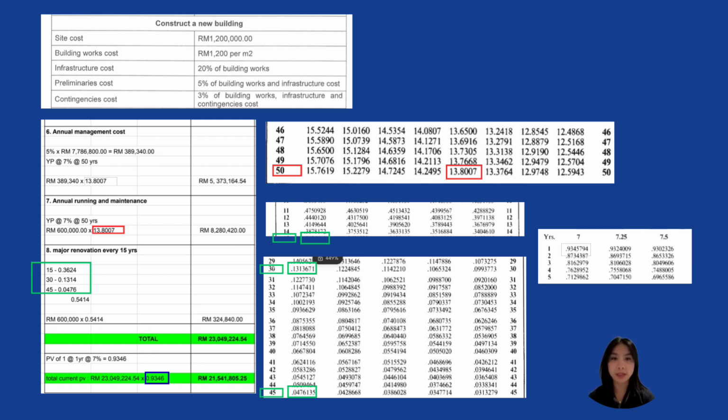Besides construction costs, we also include operating costs throughout the building's economic life. The annual management cost is 5% of the construction cost, which equals 389,340 per year. The economic life is 50 years, so using the years purchase factor at 7% interest, which is 13.8007, the present value becomes